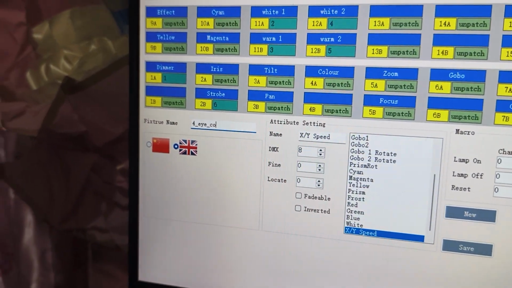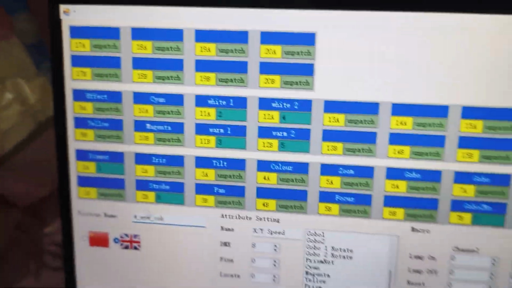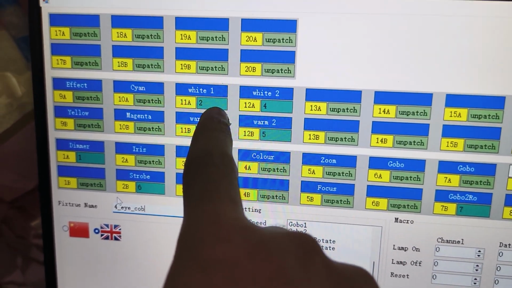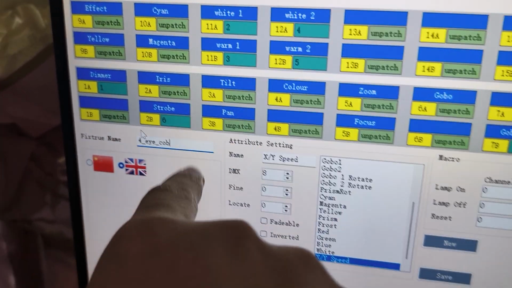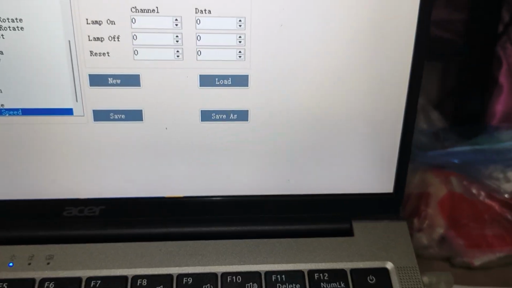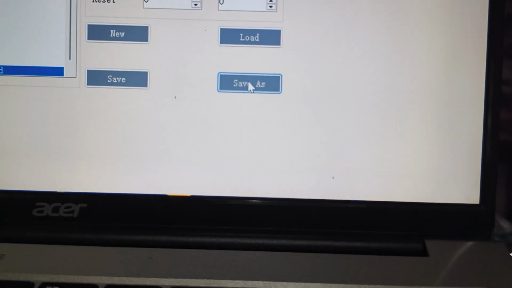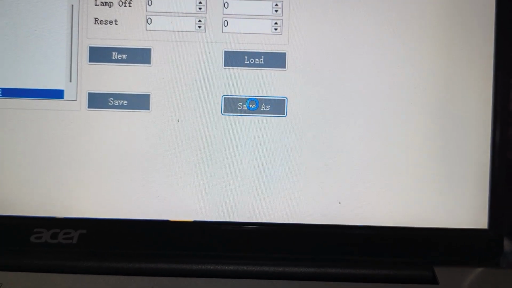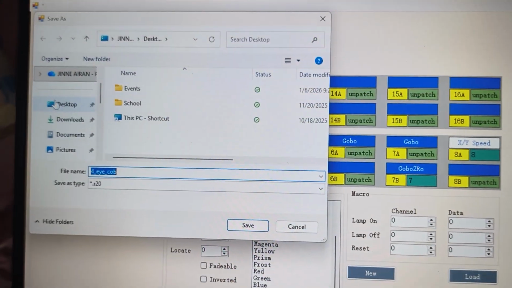For example, I finished naming it, and we already put the channel and the name. Now over here we just press save as, so we can save our own personality. You can put it where you want.